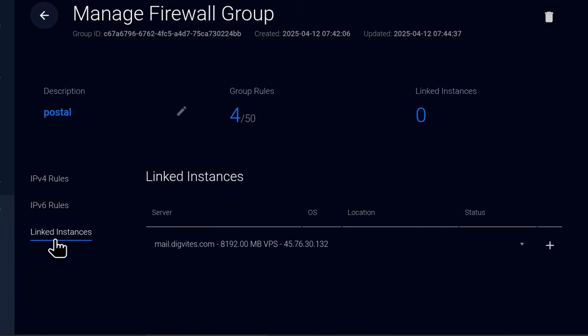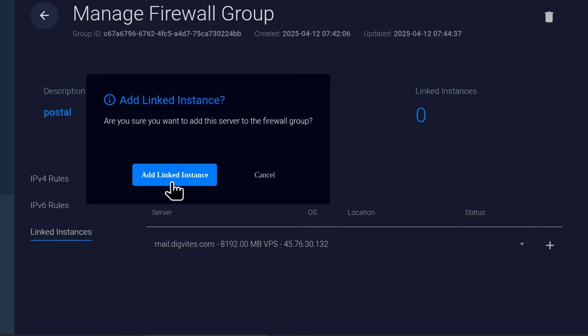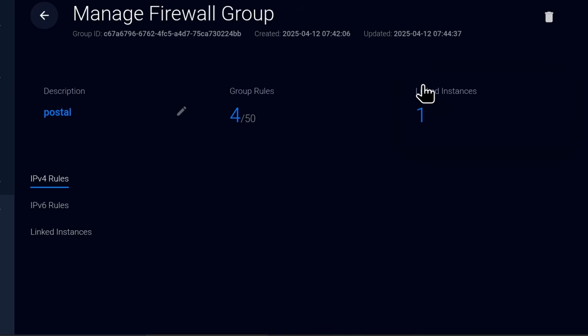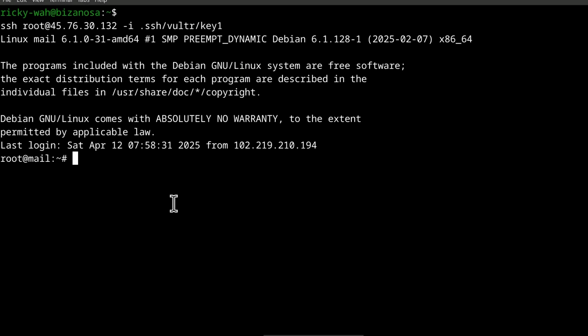It's down here as well. We only have the one instance, so it's already pre-selected, and I can just click on plus to link it, add linked instance. Well and good. Now it shows we have one linked instance. If you want to link another, you can click there to link it. You can use the same firewall group for multiple instances. You can actually test it. You can disable SSH and test if it's going to allow you to log in.